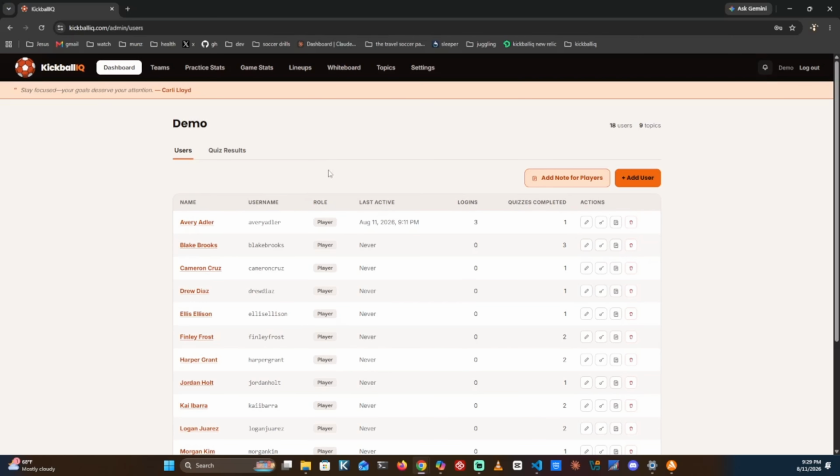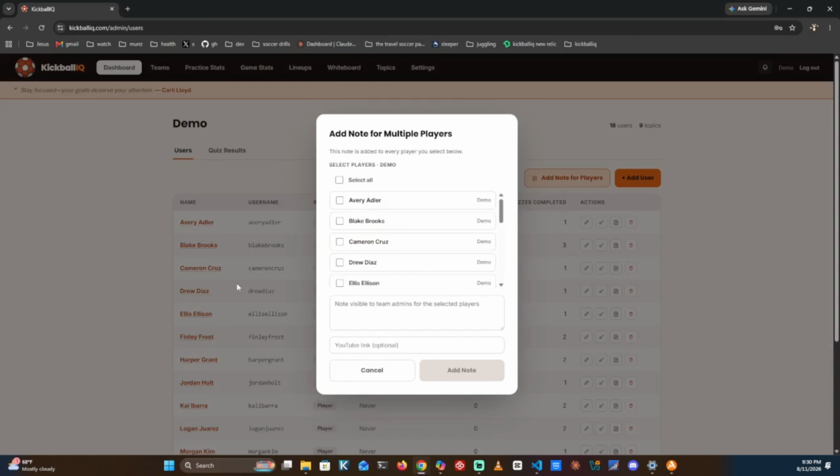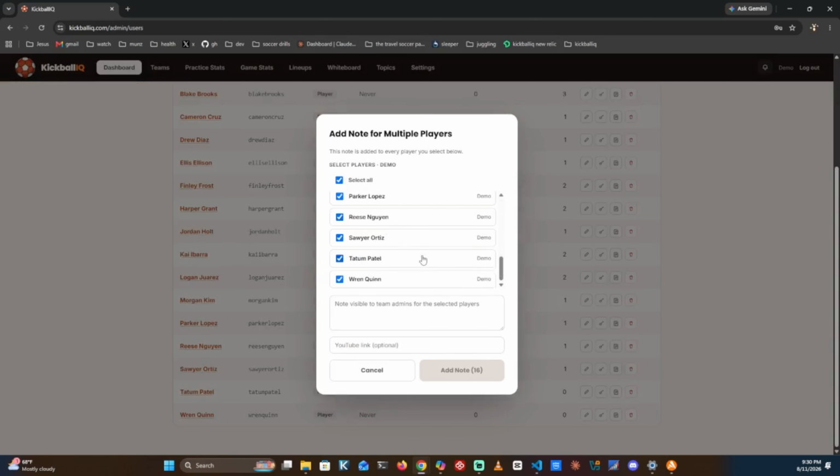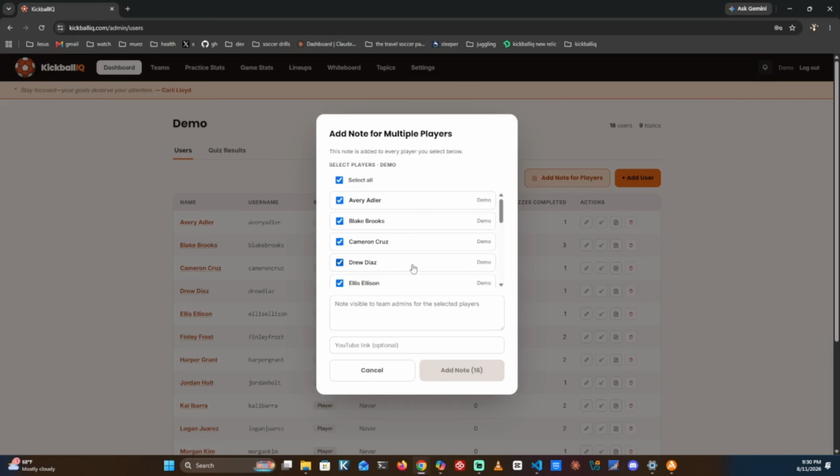There's also this note feature. So once you have your players, if there's a note that you want to send to multiple players at once or across the team, you can do this here. I like to give out bounties, so I just put out a $10 bounty for any kid that can do around the world by the end of August, and I shared a YouTube link breaking down how to do it. But if there's any team-wide communication or patterns we want to address, you can do that here in this